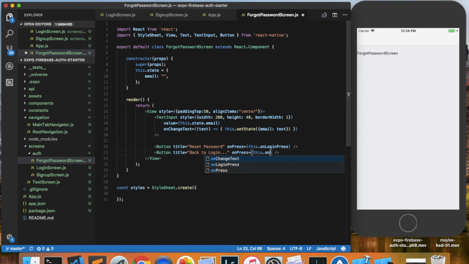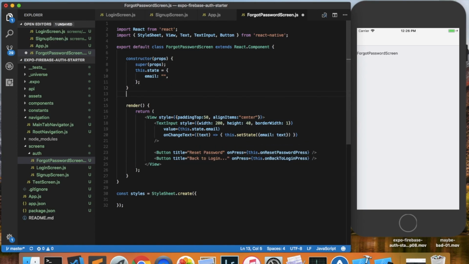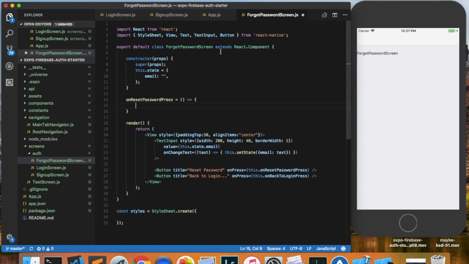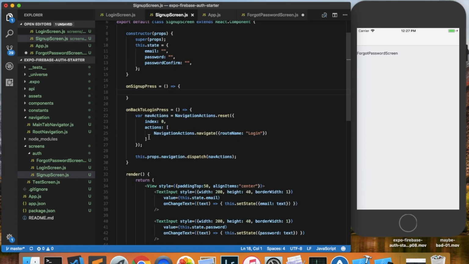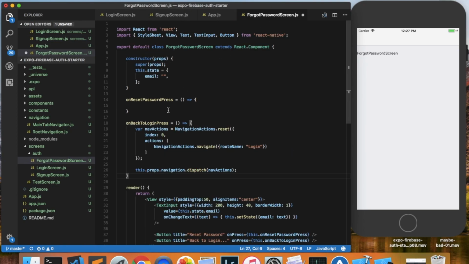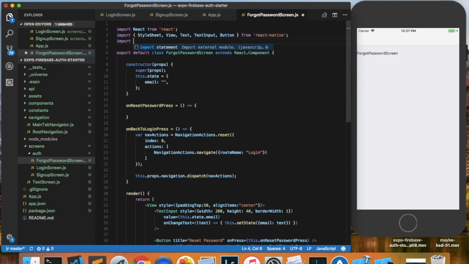So the function here will be on back to login press, and here on reset password press. So create those on reset password press. And the back to login is going to be identical to the one on the sign up screen, so we might as well just copy and paste that from sign up to forgot password. All it does is send you back to the login page, and remember to use navigation actions. We need to import those